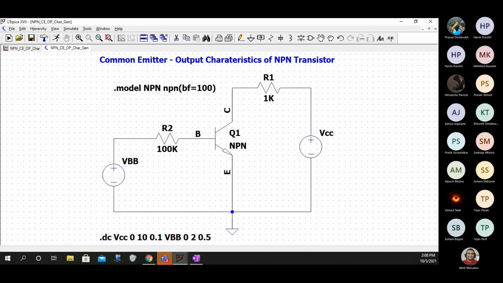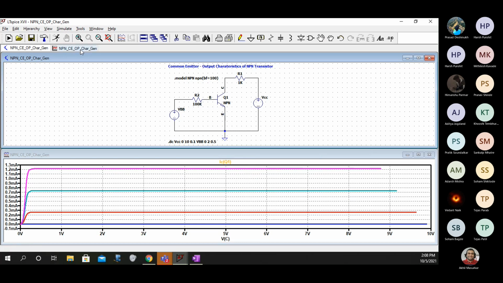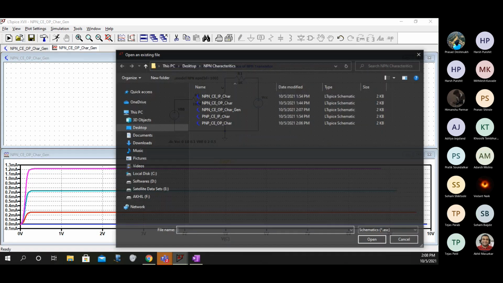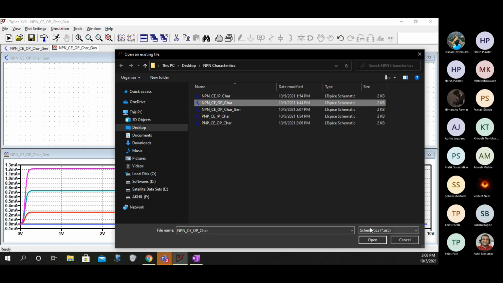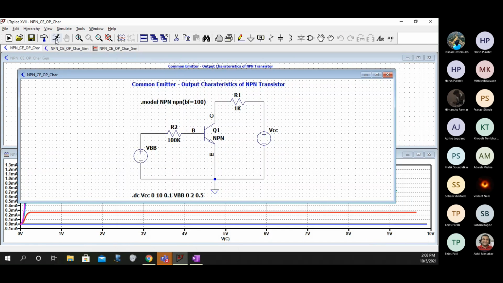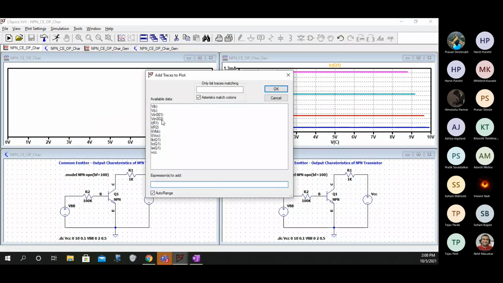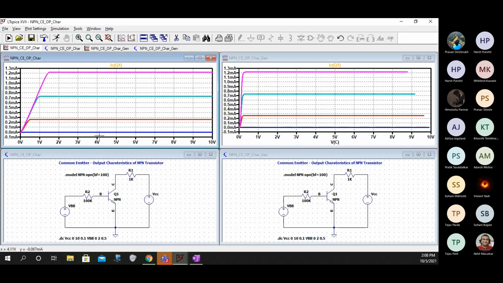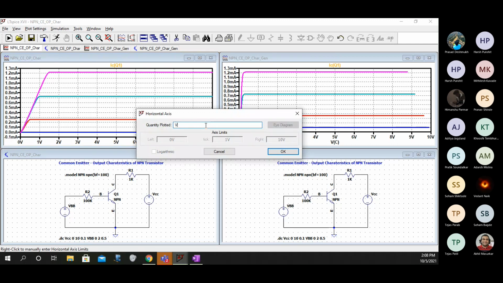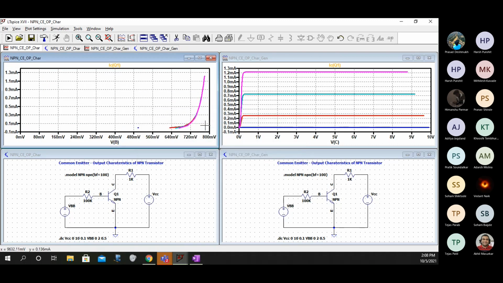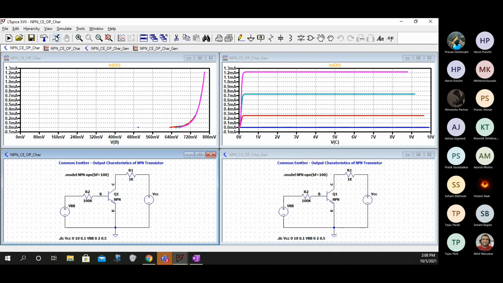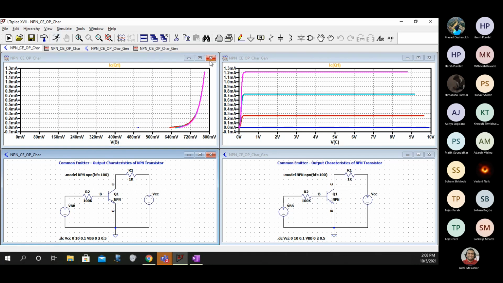So here we can see that, and I'll just run this. We should be able to see these characteristics. Then I'll run another, and here we will have, so let me just, what is happening here.